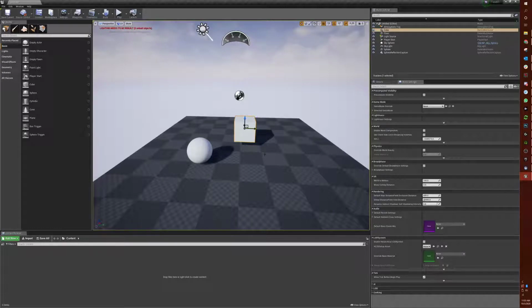You should get yourself a mouse. Trackpads can work, but it's not